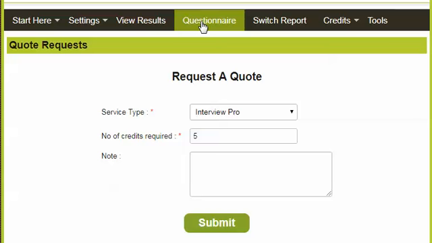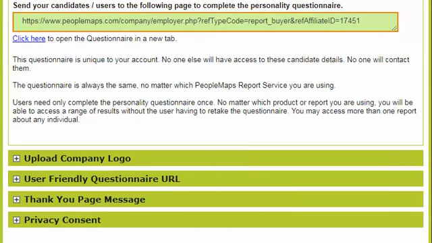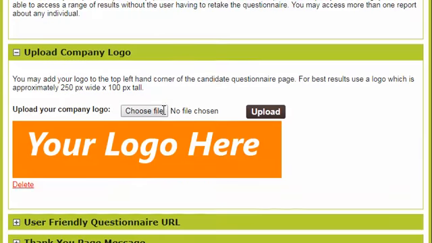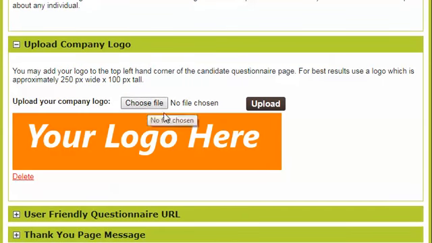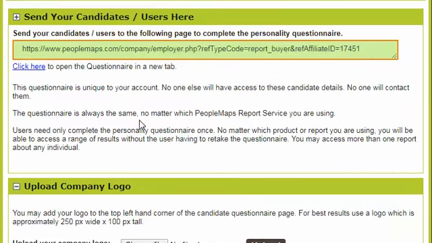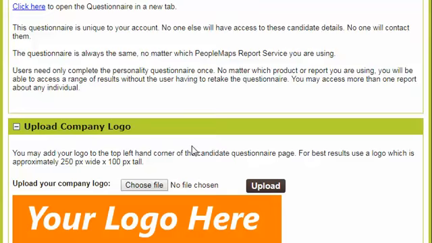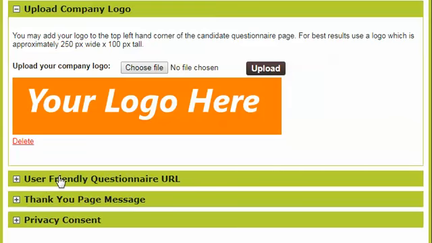Let's go to questionnaire. There's a couple of advanced features in the questionnaire which we didn't look at in the basic video. So we've covered the basics. Things you can do is you can upload your logo so that it appears at the top of the questionnaire page. You just simply go here and click your logo and upload it. Simple as that. You can even shorten that long URL